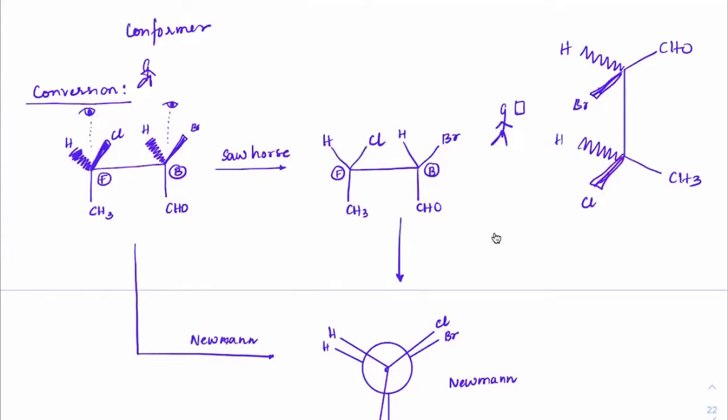Okay. Now when I'm viewing it, this hydrogen will appear on the left side of me because it is outside the board, because now I'm standing on the board. Imagine my eyesight is on the board now. I'm on the board. So with respect to me, the hydrogen is going inside. With respect to me, the bromine is going outside, which means it is on the right hand side. This hydrogen is on the left hand side.